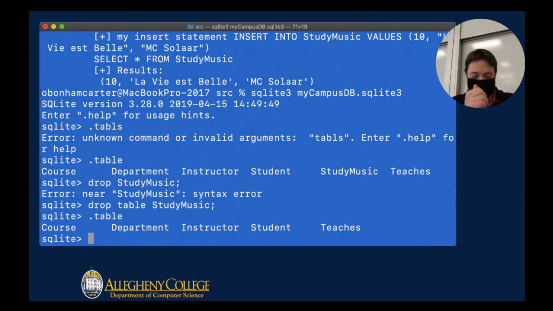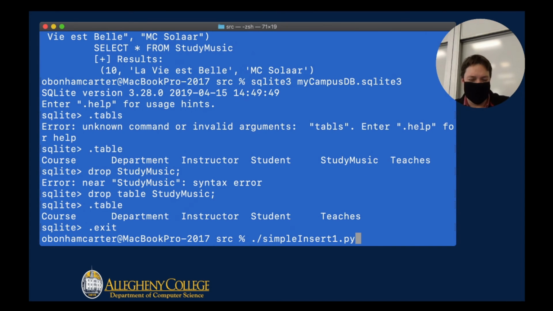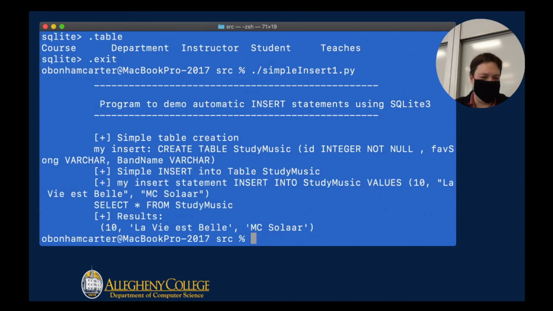Now if I type in .table here, you'll see that table is gone. I'm going to get out of this thing here. I'm going to run my special handy dandy code here. I'll take you through the code and show you how it works in just a moment. And you'll see now that I've not only built the table using this command here. This is my table creation code,